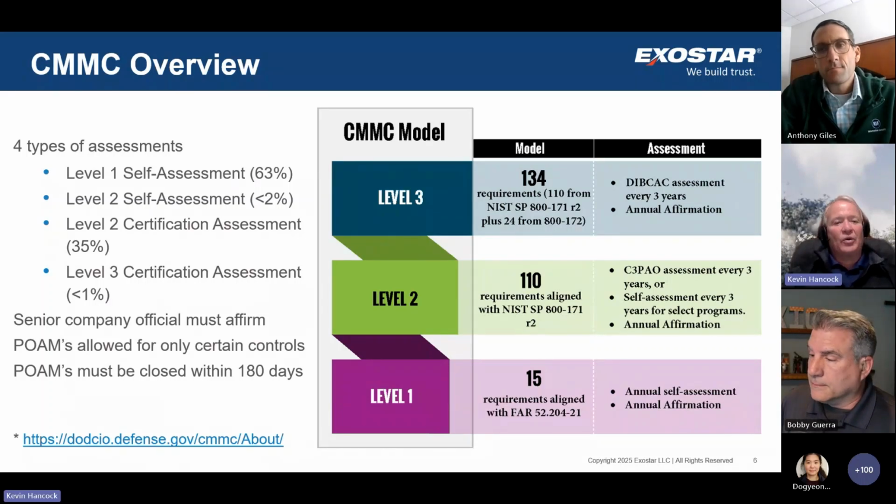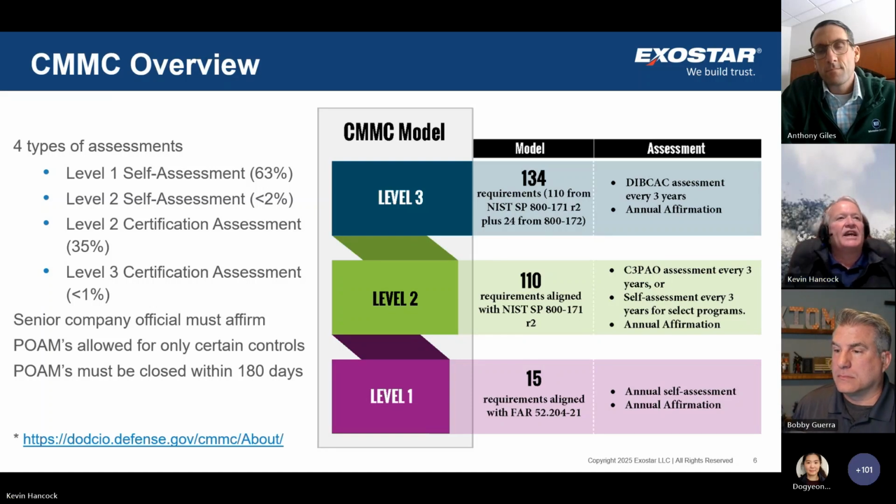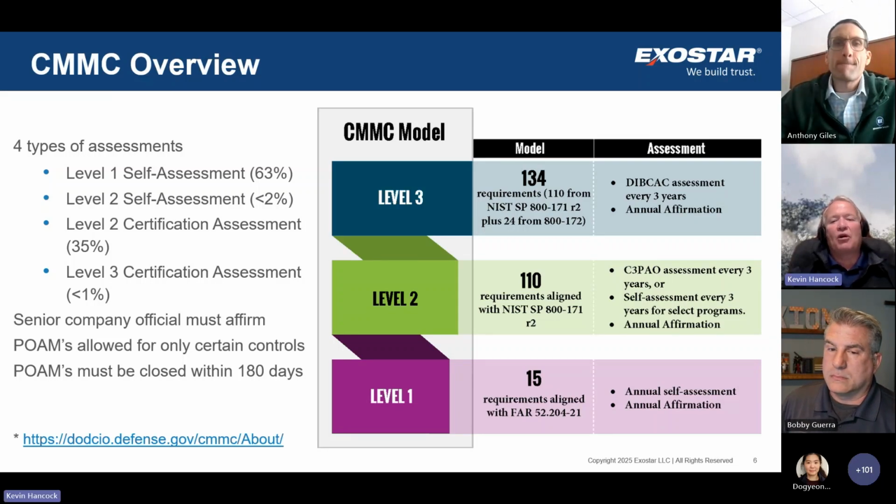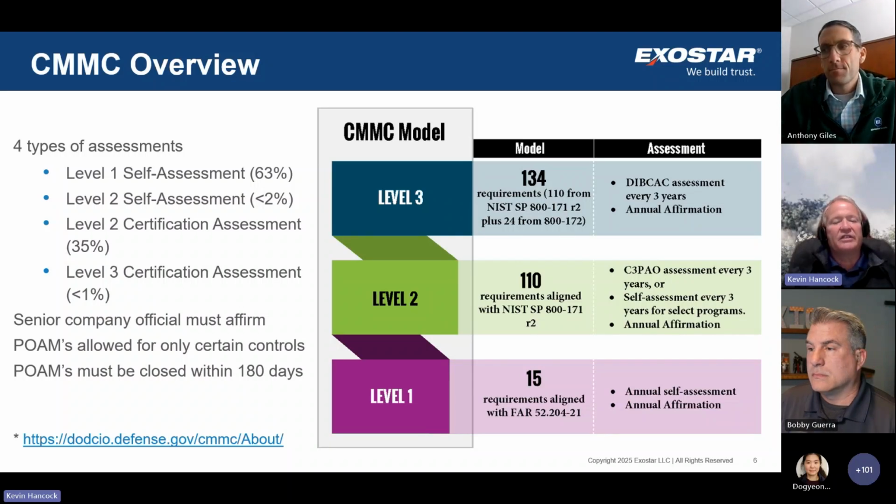Now, there are 2 categories here. There is a level 2 that's going to continue to allow self-assessments. The key thing to keep in mind, though, is that this is going to be driven by the contracting officer. It's not going to be something you can request once you reply or bid on a contract. The contracting officer, when they let the contract, will determine what level that has to be and the requirements for that level. And it's expected that a very small percentage, less than 2%, will allow you a self-assessment of level 2. The majority of the folks are going to require that third-party assessment once every 3 years, and then an